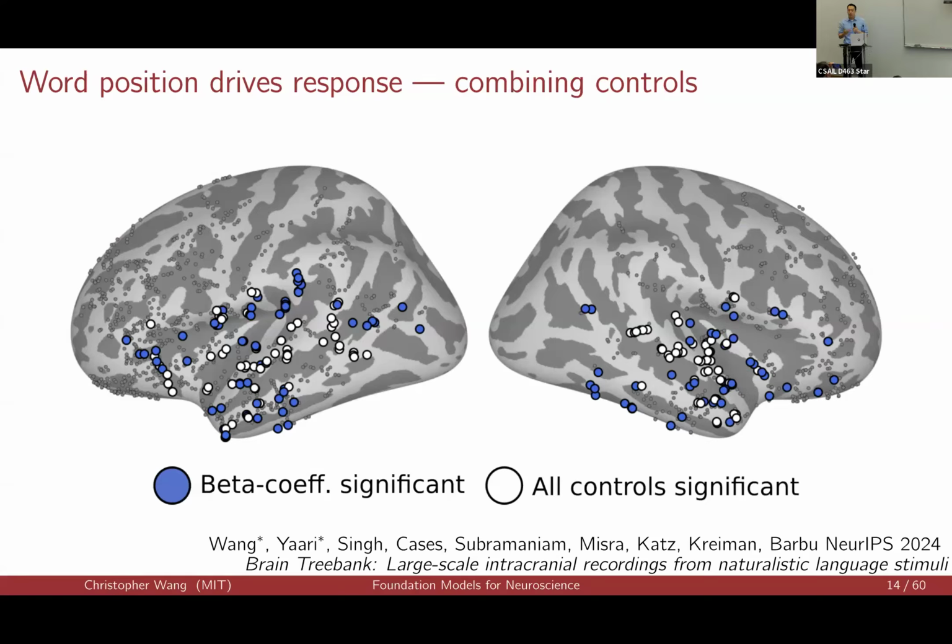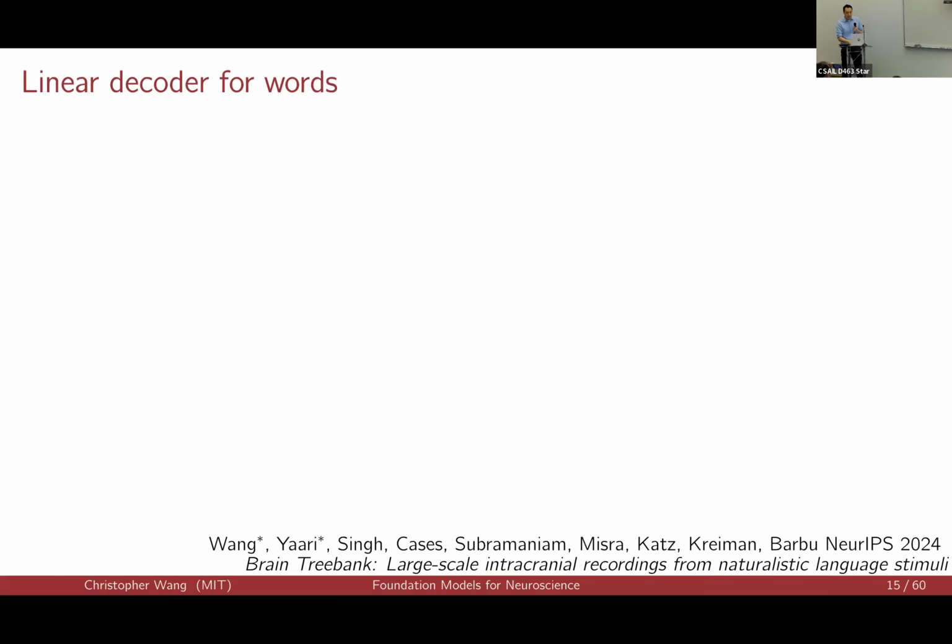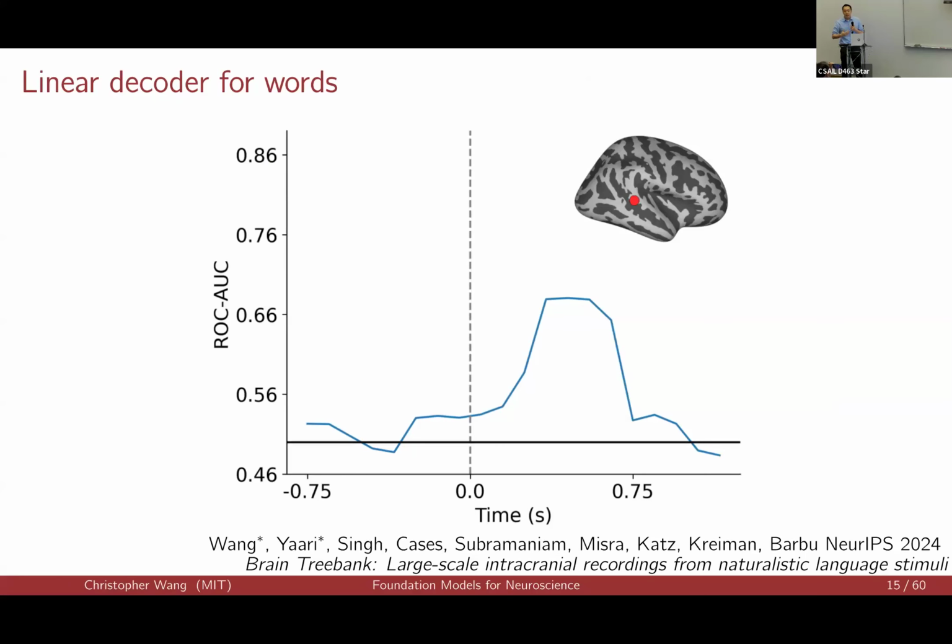And because the data has such good temporal resolution, we can also do very cool decoding analysis. We can chop the activity up into very narrow time windows, train a decoder for each one of those time windows, and then what we get is a time course of decodability for this word onset detection task. And this looks superficially like the response curve I was showing earlier, but it shows something subtly different. This shows the point at which information about word onset first becomes available, when it first becomes decodable. And this is something that can be determined whether or not the voltage literally makes a peak.